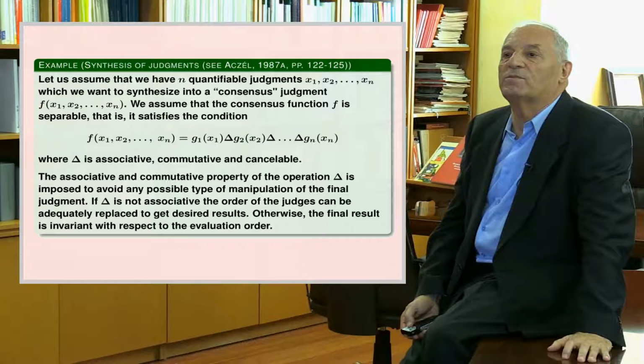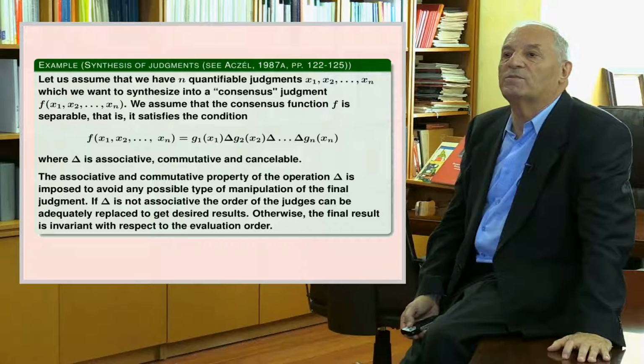Let us assume that we have n quantifiable judgments x1, x2, ..., xn, which we want to synthesize into a consensus judgment, that is, a function f of all the judgments x1, x2, ..., xn. We assume that the consensus function f is separable, that is, it satisfies the condition indicated by the equation in the figure, where we impose some constraint to the operation delta, that is, we force it to be associative, commutative,